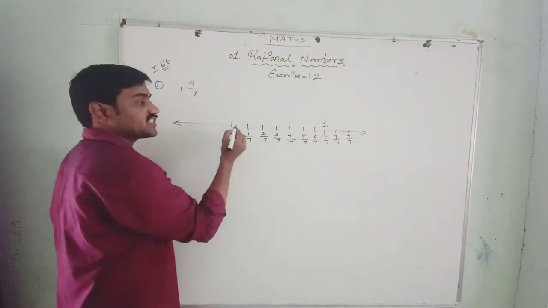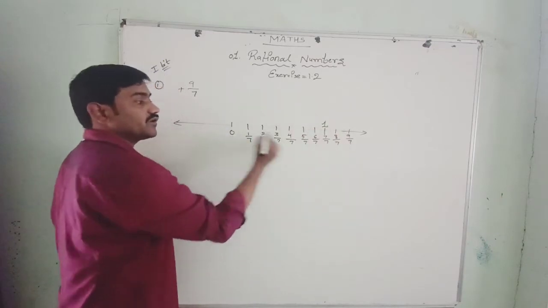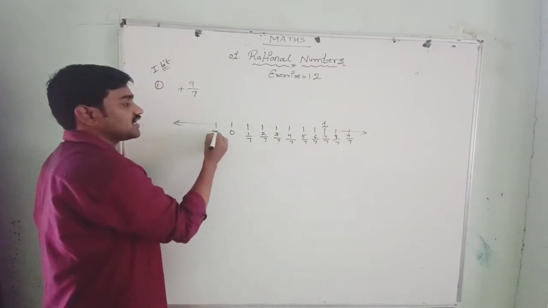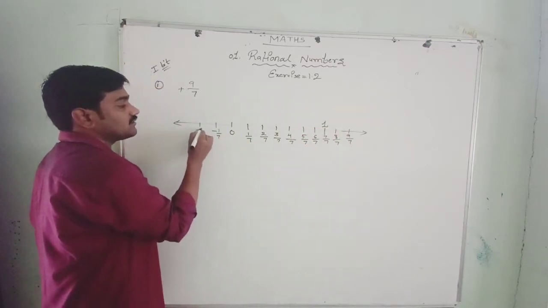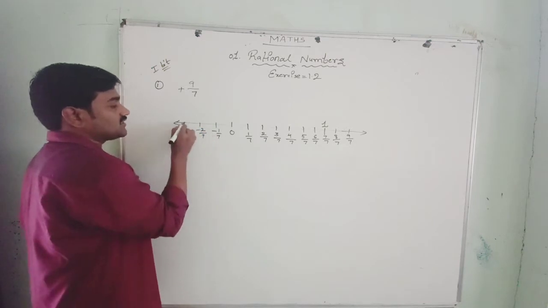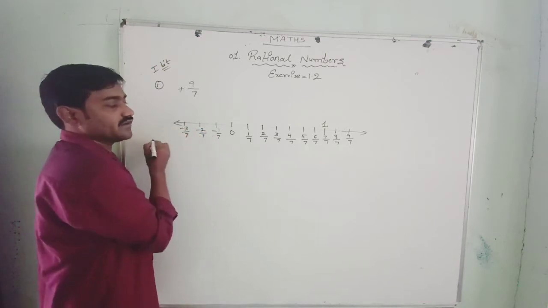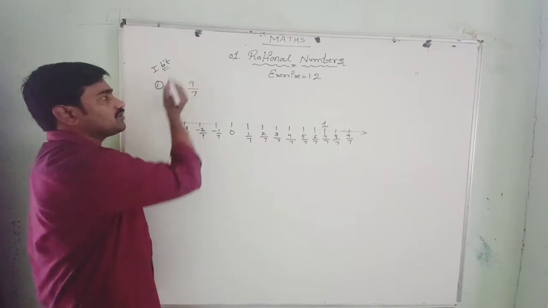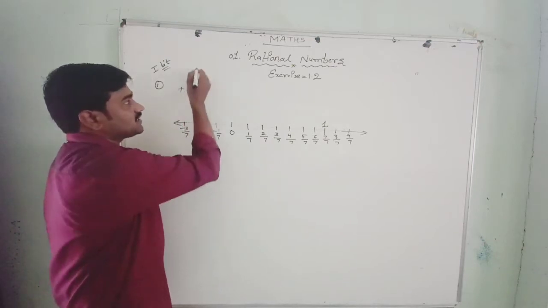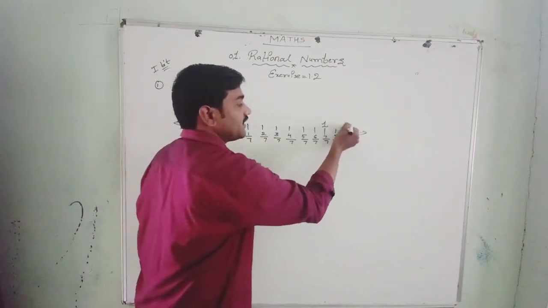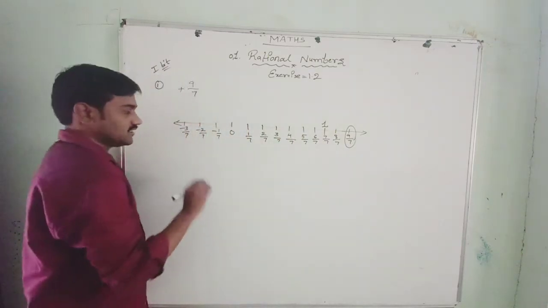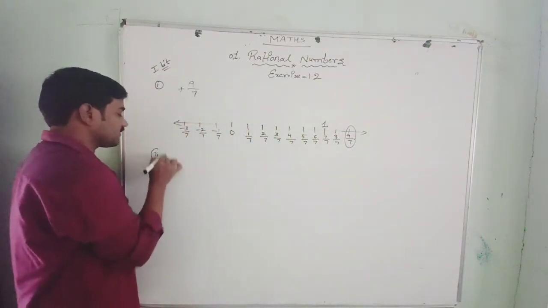Always take a scale and put the dots, then write these numbers. On this side you will get negative numbers, -1/7, -2/7, -3/7. It continues like that, but we don't require negative numbers. We need a positive number, that is 9/7. Where is it? Here. Finished. This is a simple thing. Now next,